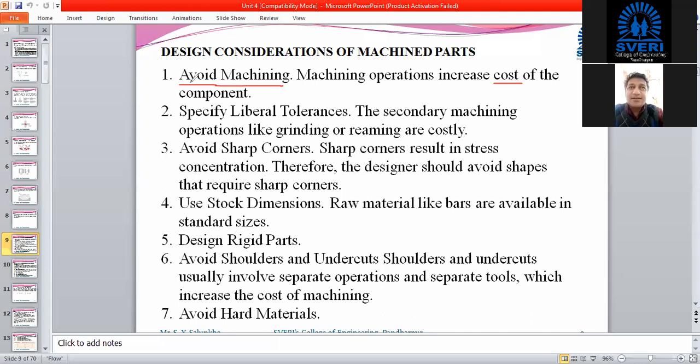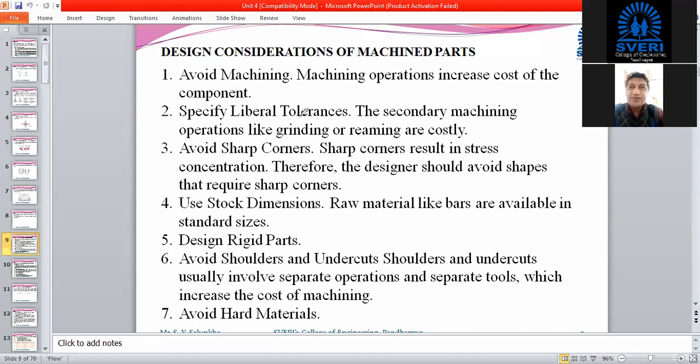The second thing is that if it is not possible to avoid it, then we have to provide some tolerances above the dimensions which we have calculated. For the machining, we have to provide machining allowances or tolerances. Then if secondary machining is to be carried out, like grinding or reaming, that will again increase the cost.